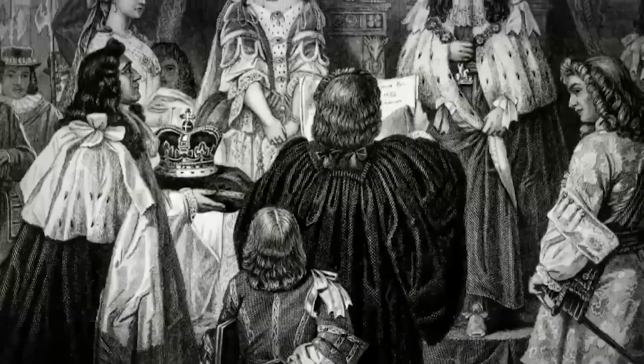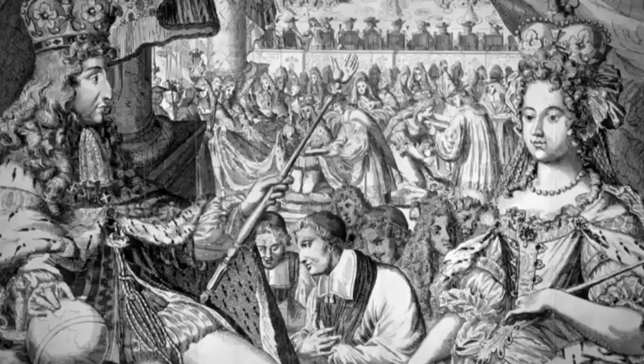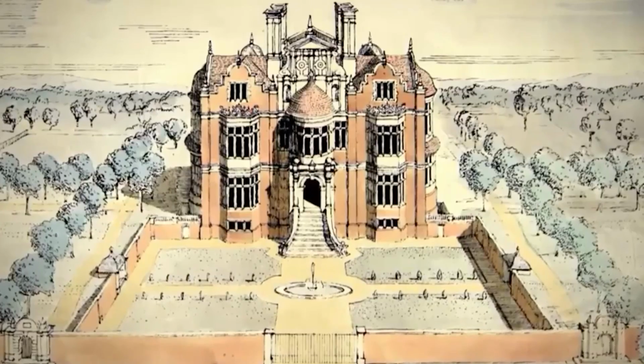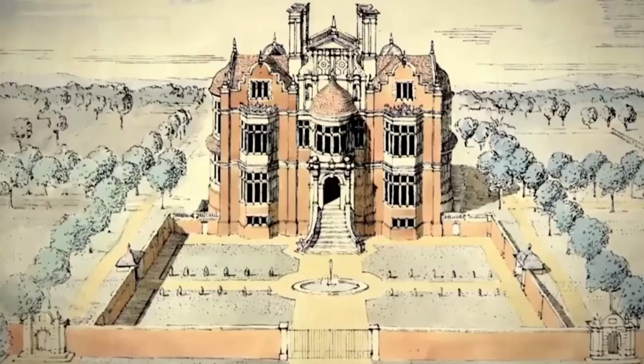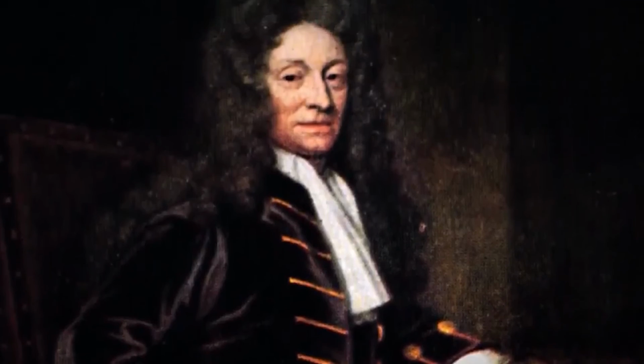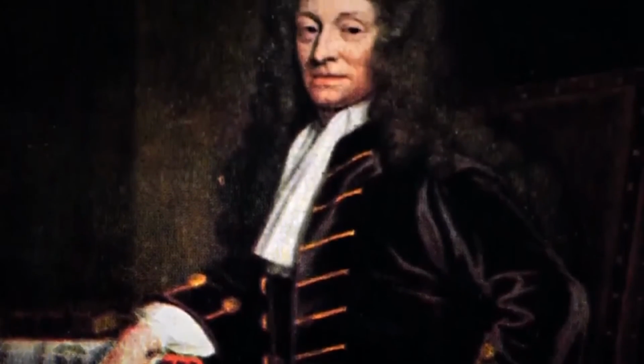As a new king and queen, they didn't want to start building with great ostentation a project that would take years when their essential job was to control the nation and persuade them of the quality of their governance. Get it up, get it done, and let's get on with the business of running the country. They bought Nottingham House, a small villa in what was then the suburb of Kensington, and hired the most celebrated architect of the day, Sir Christopher Wren, to transform it into a palace. But Wren wasn't known for speed. His masterpiece, St. Paul's